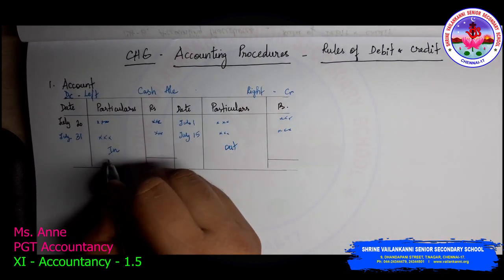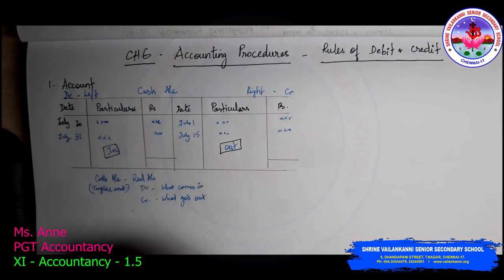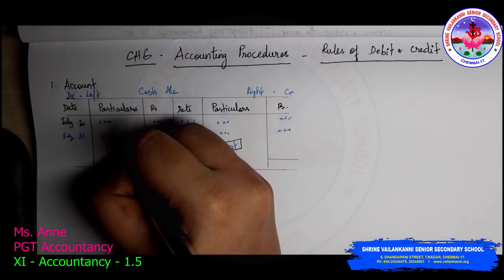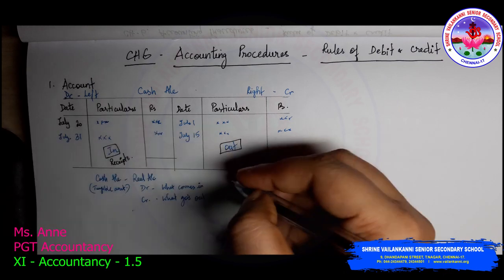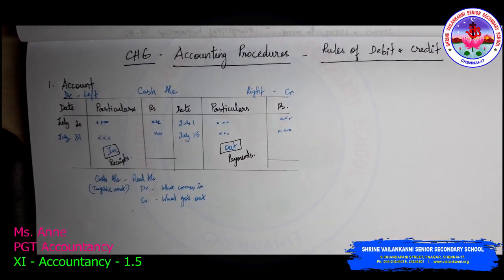So this in and out should be common. So when cash is flowing in, you write it in the debit side. When cash is flowing out of your pocket, then you write it in the credit side. So it is otherwise called as receipts will be written in the debit side, payments will be written in the credit side. So in and out, and then you have the other approach.